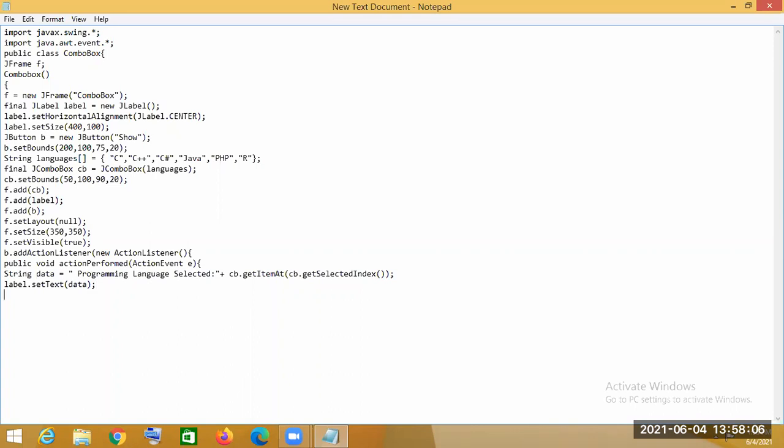So that means action event get, after that we have set the text. So the setText method is used for setting the text. Then we will do,